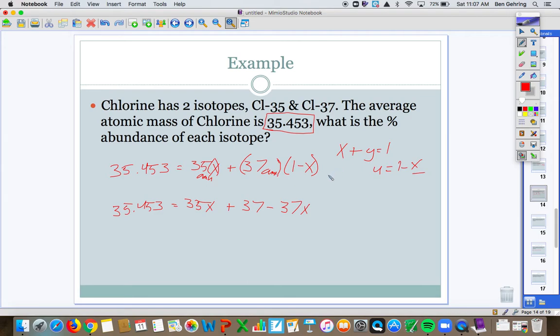So we're this far. Now I'm going to combine like terms. I'm going to get all my numbers on the same side. So I'm going to subtract 37 to the other side, and I'm going to subtract 35x minus 37x. If I subtract 37 on both sides, I'm going to get